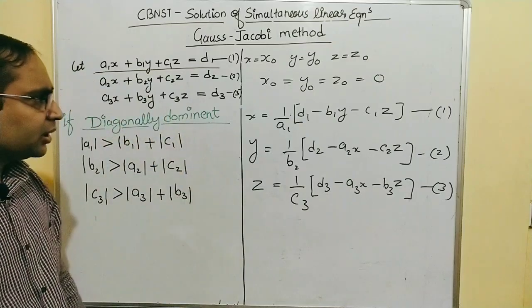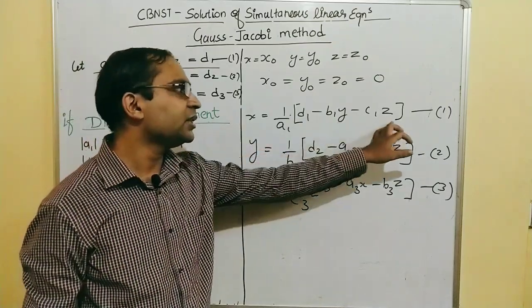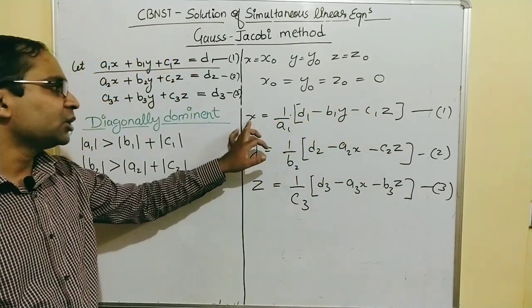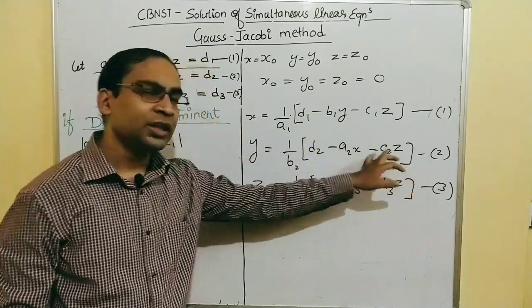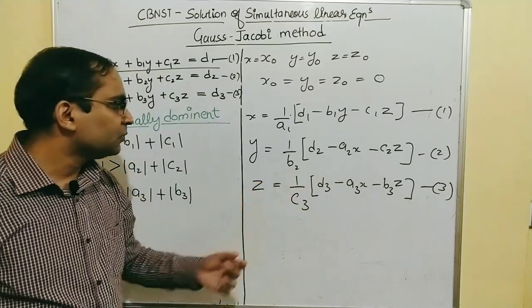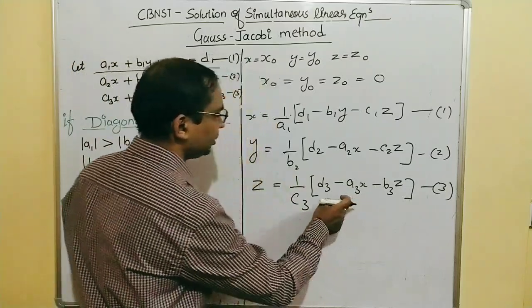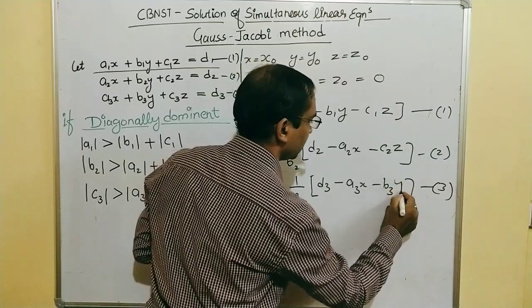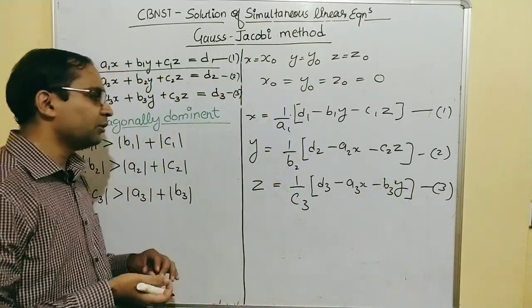Then we'll come to the next iteration and we'll again substitute y1 and z1, and then we'll get x2. Then with x1, z1, we'll achieve y2. Then x1, z1, and then we'll achieve, so this has to be a3x minus b3y, sorry. So in the last equation,